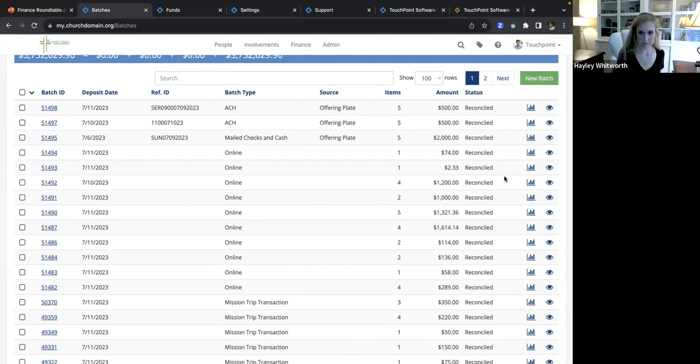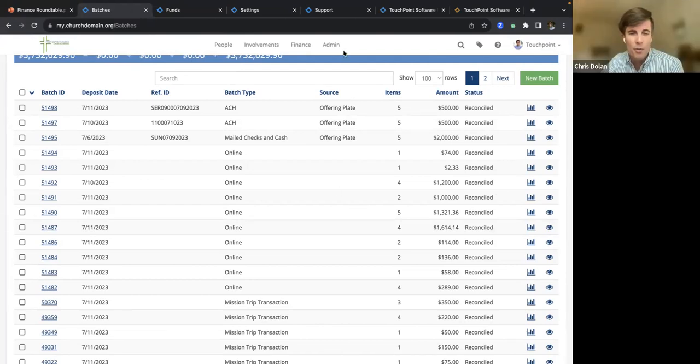That is something we're internally debating and getting feedback on, so I'd love your feedback. Our thought in phase 2 is that we're going to lock down the amount and the date. You can't delete an online one, but if an online one was associated with the wrong person, you could change the person, or you could change the fund. If somebody called and said, oops, I gave to the general fund, I really meant to give to the capital campaign, we are going to let you make those changes for sure.